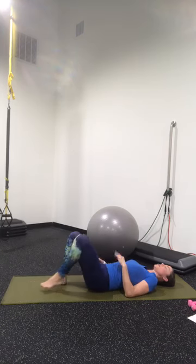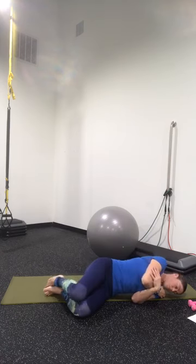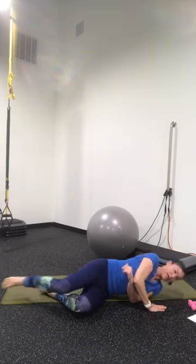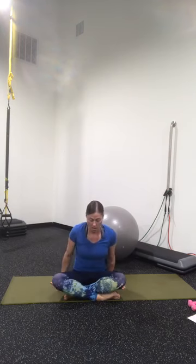So bend those knees, placing those feet flat on the mat. We're going to roll over, placing that left palm face down in front of that chest. On your next exhale, we're going to use that exhale, pushing it through that hand and pushing ourselves up to a gentle sitting position. Now, sitting position, you can either be crisscross applesauce, legs straight out in front of you,